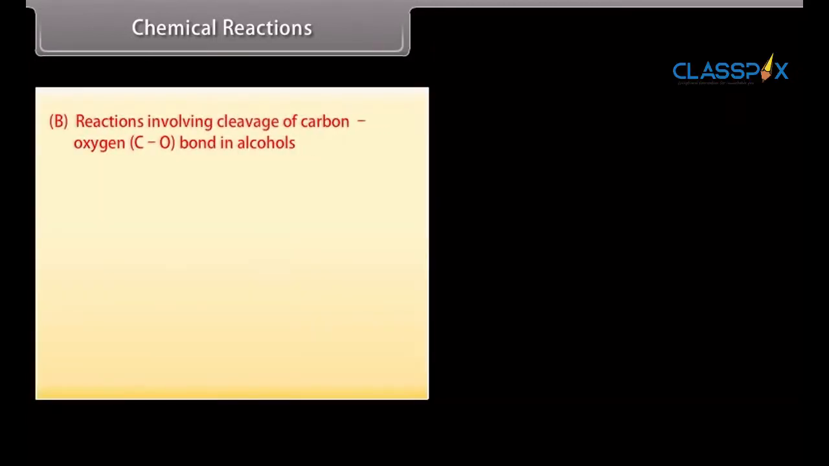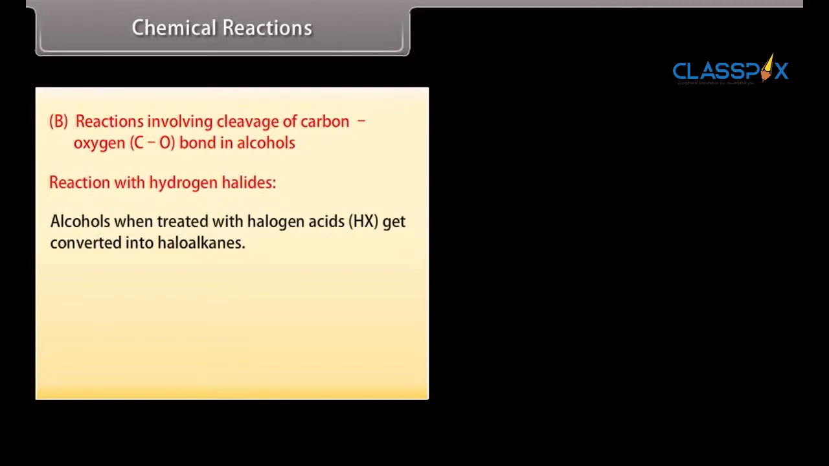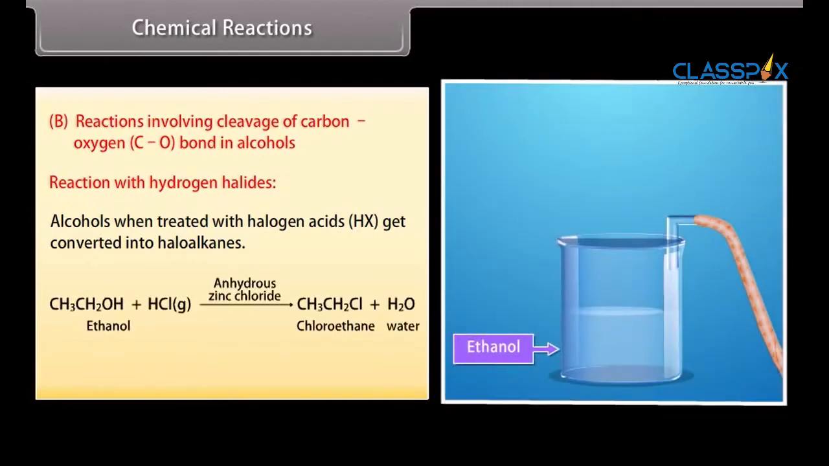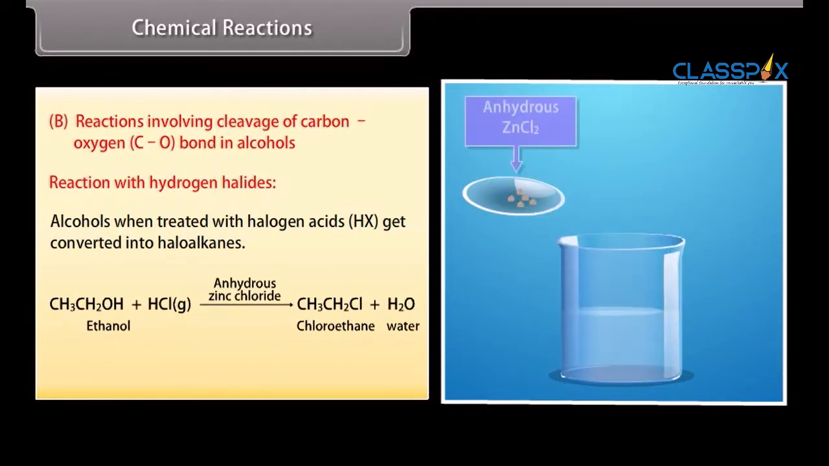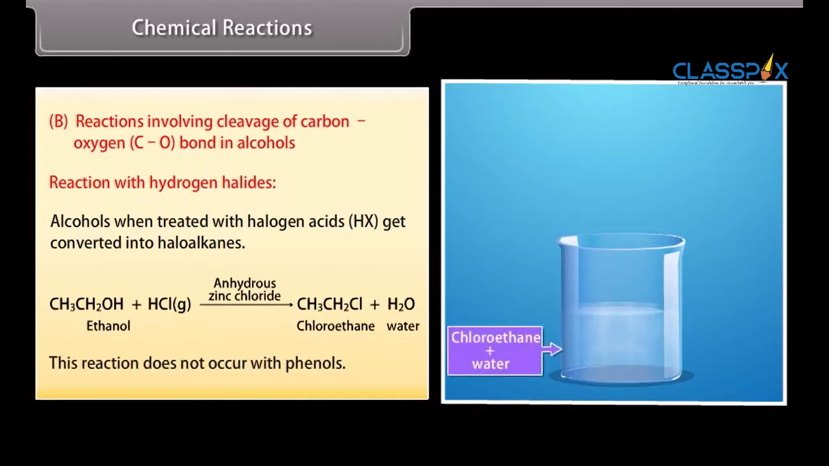Reactions involving cleavage of carbon-oxygen bond in alcohols. Reaction with hydrogen halides. Alcohols, when treated with halogen acids, get converted into haloalkanes. When hydrochloric acid gas is passed through ethanol in the presence of anhydrous zinc chloride, it forms chloroethane and water. This reaction does not occur with